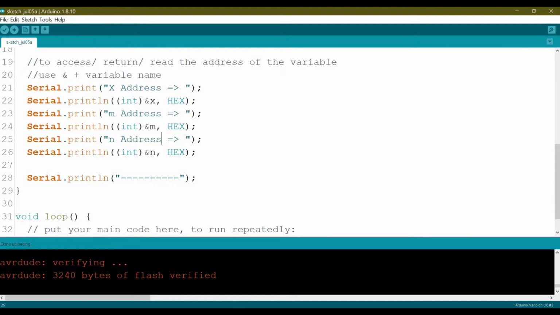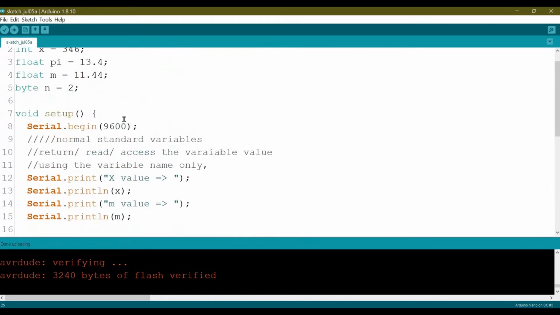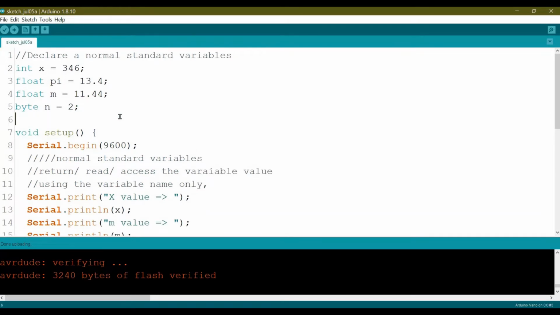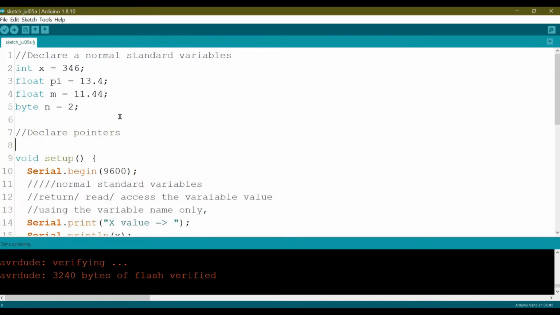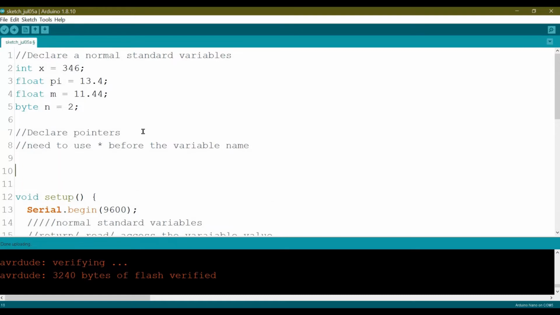Okay, now we come to the pointers. Now we come to pointers. How to declare pointers? To declare pointers, we need to use the star mark before the variable name. Okay, for example,